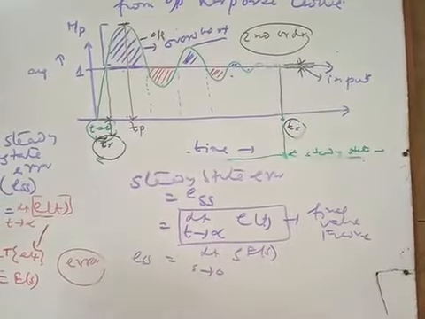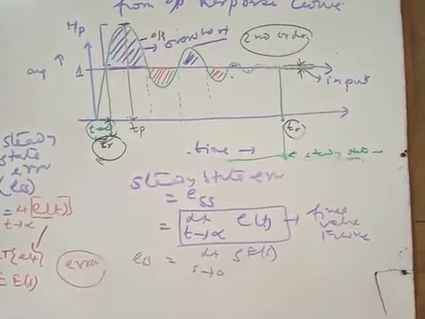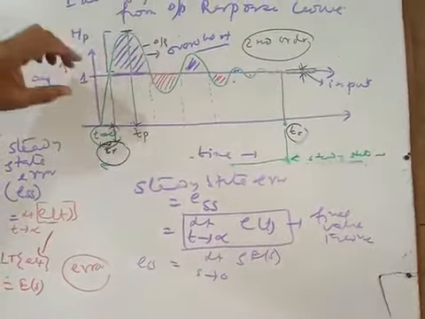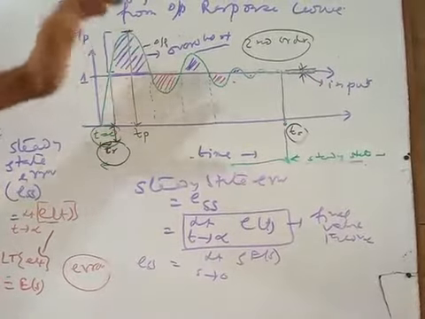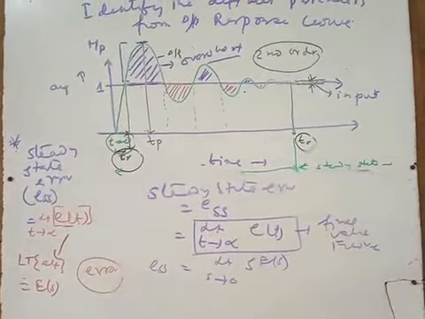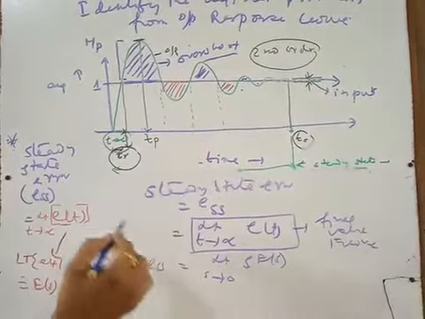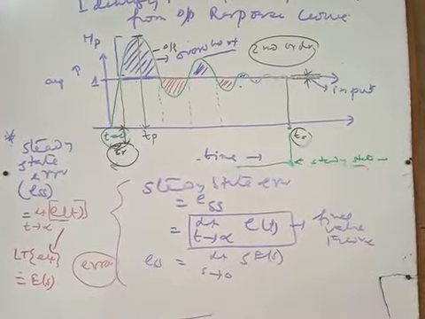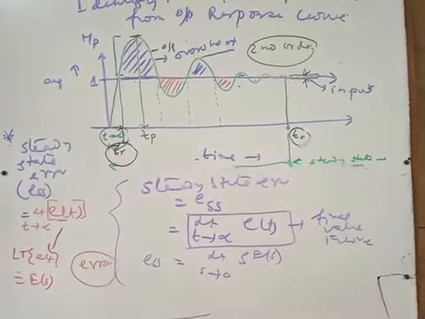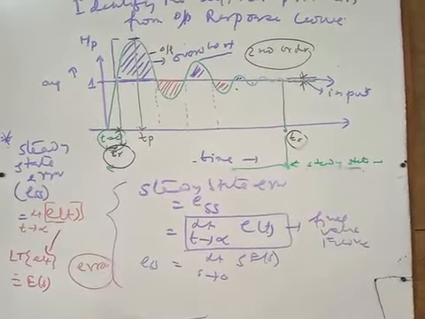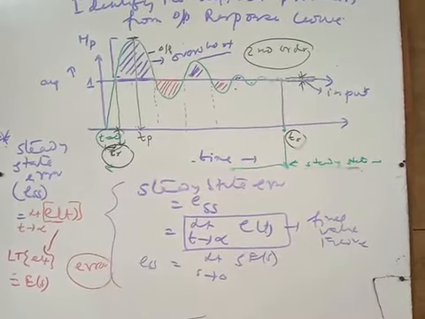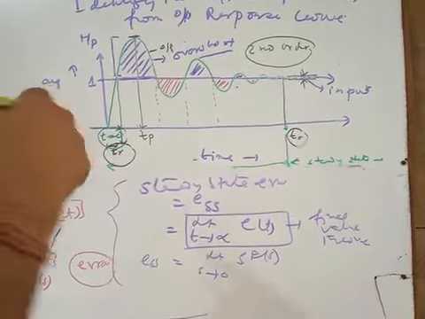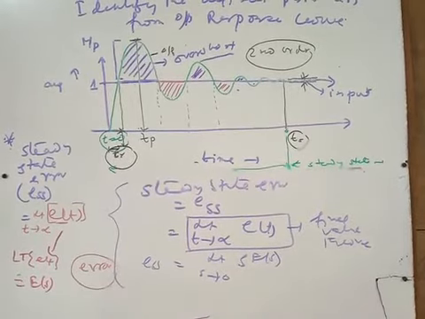So till now we have discussed the different parameters of the output response curve, that means rise time, peak time, overshoot, settling time, settling band, and steady state error. So these are the parameters of the transient response, that is the transient section, as well as the steady state section. And in the next part of this class, I will discuss the step response and impulse response of a first order system, and the step response of the second order system. That is the mathematical formulation of how this kind of curve comes, and from that curve, how you can find out these parameters.